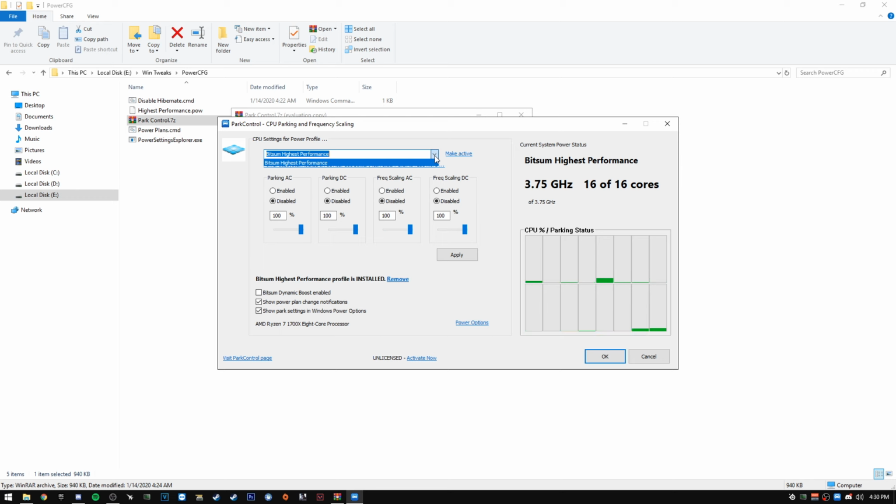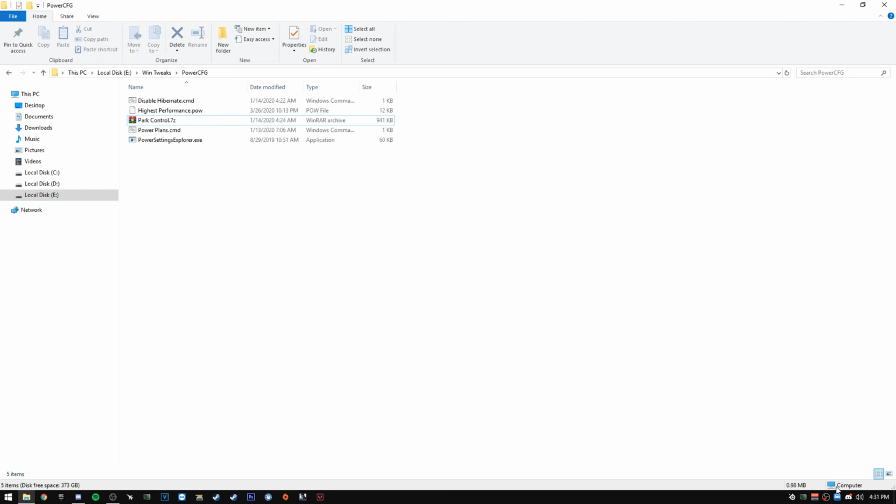So you're gonna come up to here, and you'll have a bunch of other power plans. I'm gonna show how to get rid of the extra ones. But you're gonna select Bitsum highest performance. Select that. Make sure all of these are 100%. You can copy the settings here. You're gonna click Make Active, and you're gonna click on Apply, and yeah, make sure you make active apply. Okay, you can exit out. It's gonna be open down here. You can exit it,